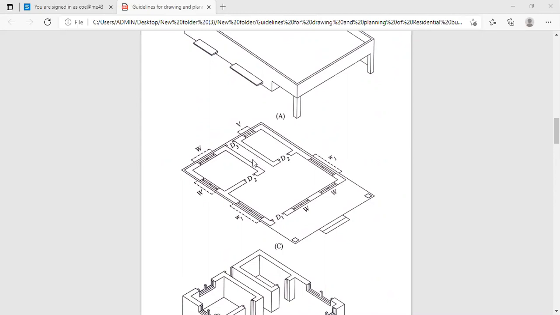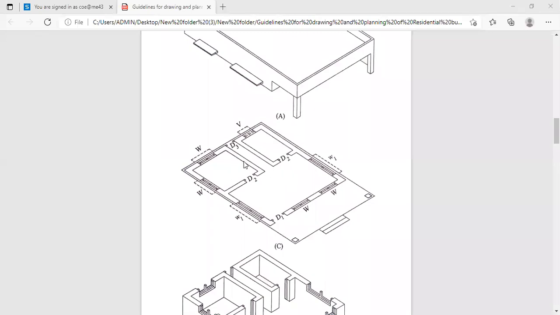Generally, as per the NBC 2005, they have mentioned one rule: the width of a passage should not be less than 0.9 meter. And at the time of preparation of the line plan, you have provided only 0.9 meter distance here. Then if you provide the wall thicknesses into that passage from this side as well as from this side, the clear passage width you get will be less than 0.9 meter. So you have to take due care at the time of preparation of the sketch plan.